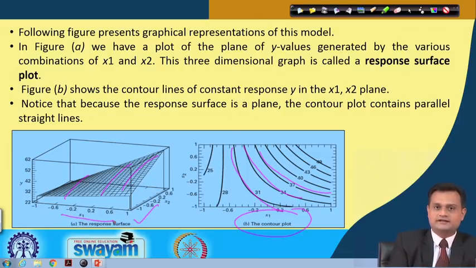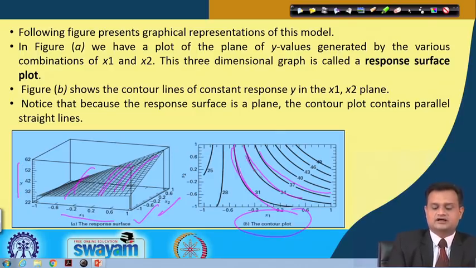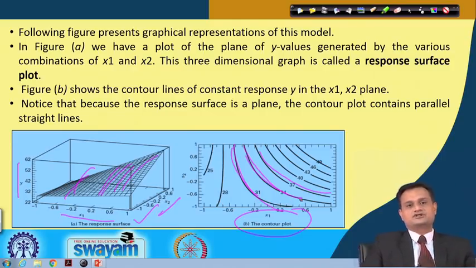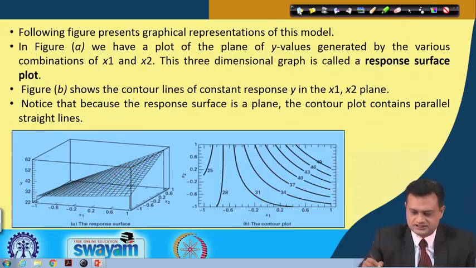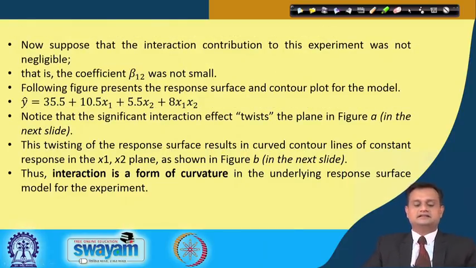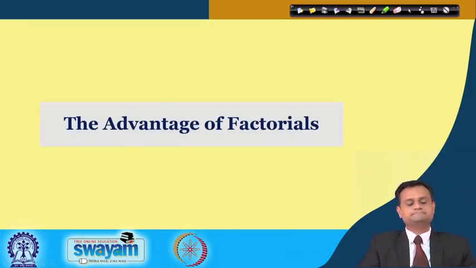So this is my factor 1, your factor A, x1, factor B, x2, and this is my response. When I am trying to plot it, I get the curvature, and it is mainly because the interaction effect x1 into x2 is present. So I will have a quadratic function. So my response function would be curved in nature. So when interaction effect is present, you will see that your response function will be curved, and this basically indicates the interaction effect.